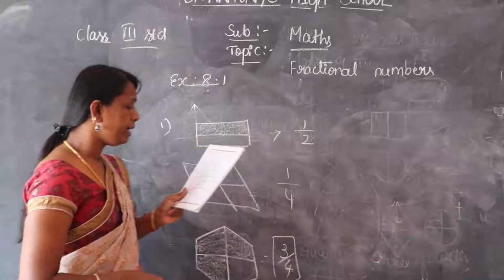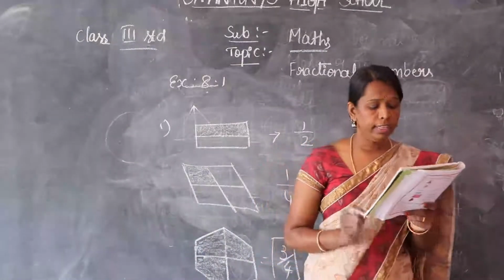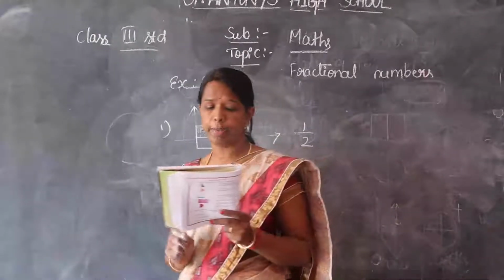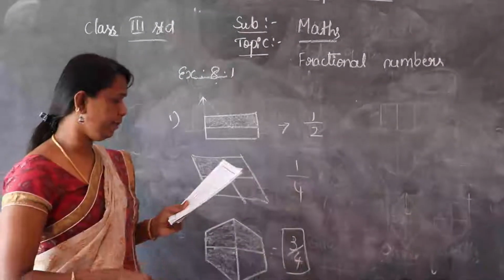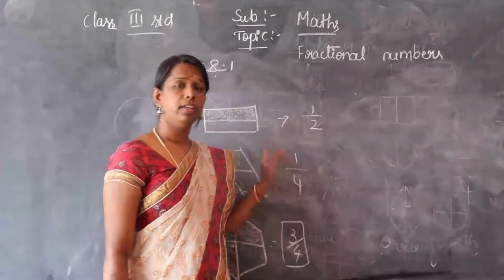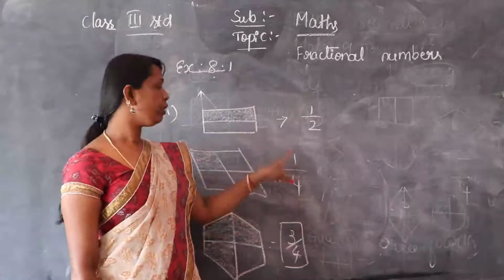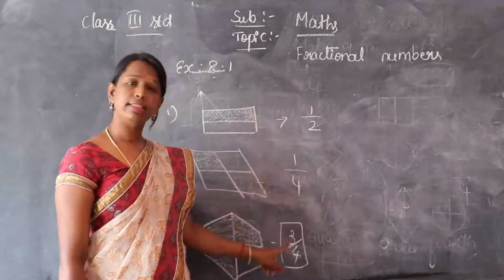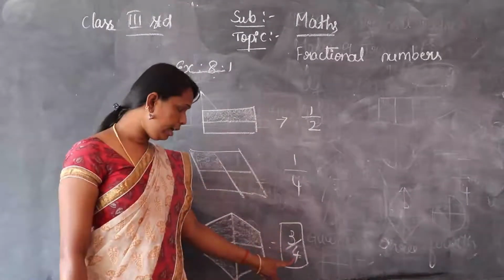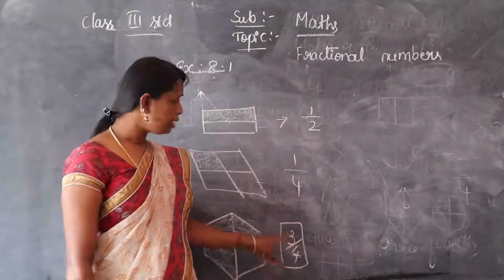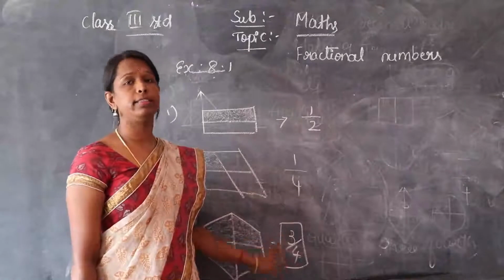And you have to state the meaning of the given fractions as shown below. Half means dividing an object into 2 equal parts and shading only one part as a numerator. Whereas quarter means dividing the given figure into 4 equal parts and shading only one part. And 3/4 part means divide the given figure into 4 equal parts and shade only 3 parts. This is called as 3/4.